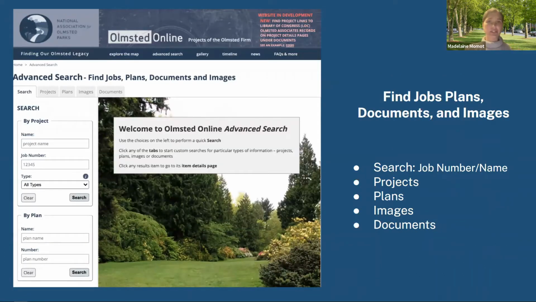Once you've entered Advanced Search, you are going to see 5 different tabs. These are labeled Search, Projects, Plans, Images, and Documents. These are here to provide you with different search options, and depending on what you're looking for, can be a great resource if you're wanting to quickly and directly go to a specific item. Using the advanced search is going to give you the results in a list view, but as you research, you can still, of course, use the OlmstedOnline Explore the Map tool as a supplement